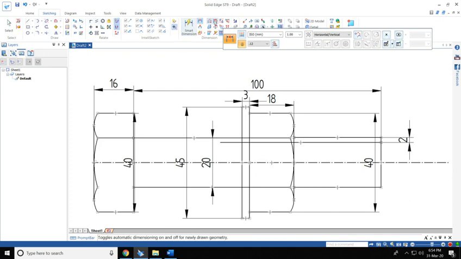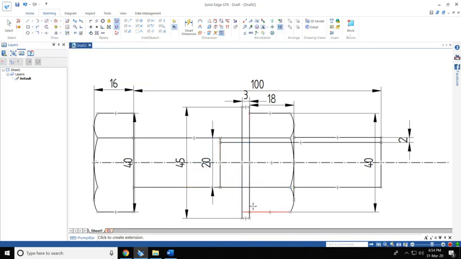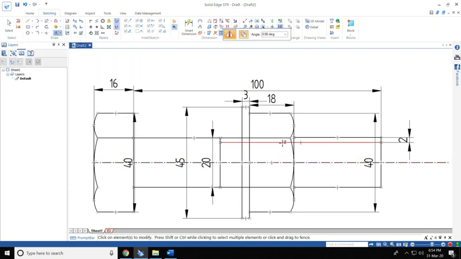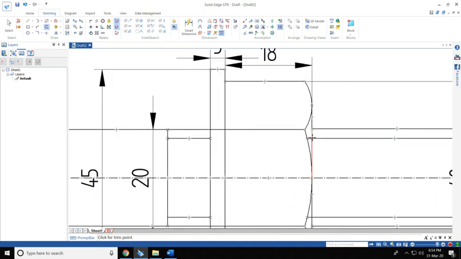Okay, make sure other dimensions are still same, correct, this is 2, and now you just draw one line connecting here and then extend to next, and then you take a mirror this line about this axis. Done, your thread is done, but what you need to do is remove the unwanted lines, like which you can't see the thread. Here you can't see, inside of this you can't see, and here